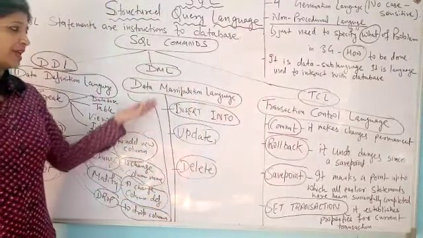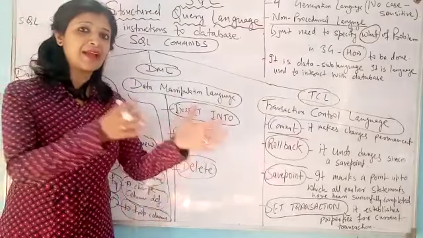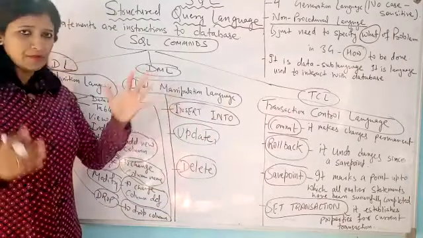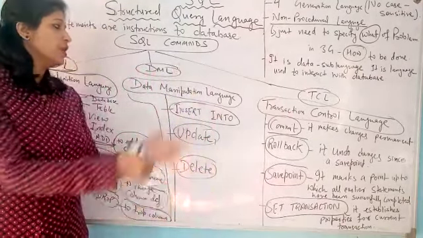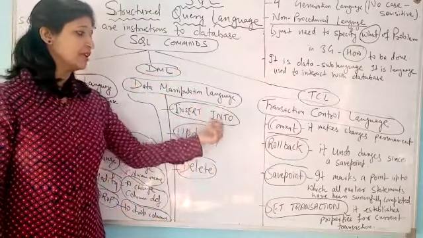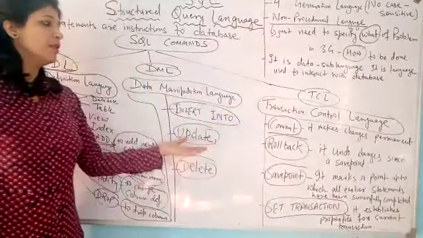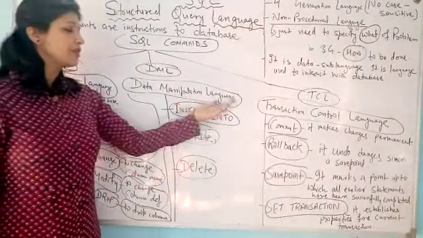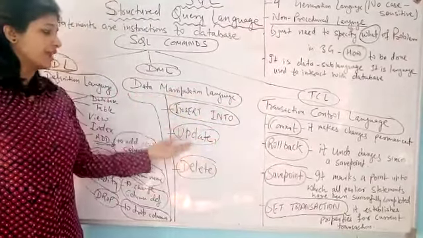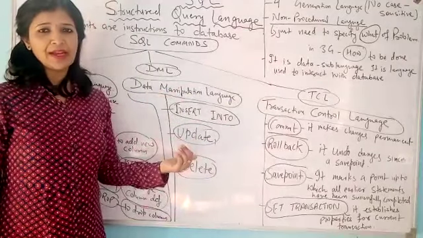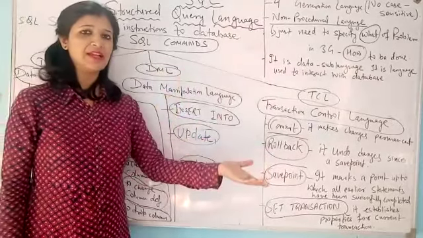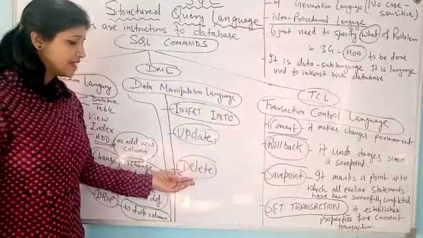Now, next is the Data Manipulation Language. In Data Manipulation Language, we can manipulate the entered data which is already stored. Now, suppose we want to insert new records also, so we can use Data Manipulation Language, and the insert into command is used to insert the new records. Now, suppose we want to change some value in an entered record, then we can use the update command. Update command is used with the set keyword, which we will discuss later. Now, next is the delete command.